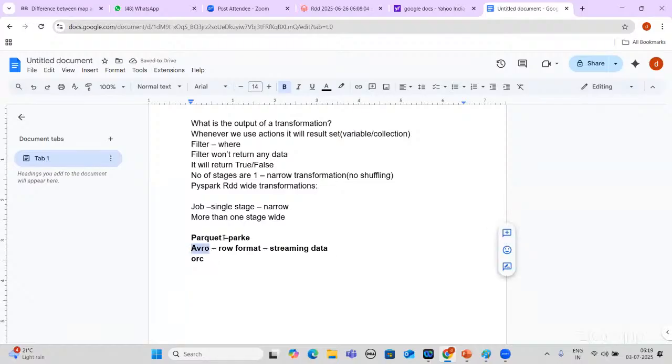Streaming data can be handled by Parquet and ORC, but Avro will give you good results compared to Parquet and ORC. So Avro is a row format, Parquet and ORC are columnar formats. The data is stored by column. But whenever you write streaming data, it will store in row format. These three are big data file formats.